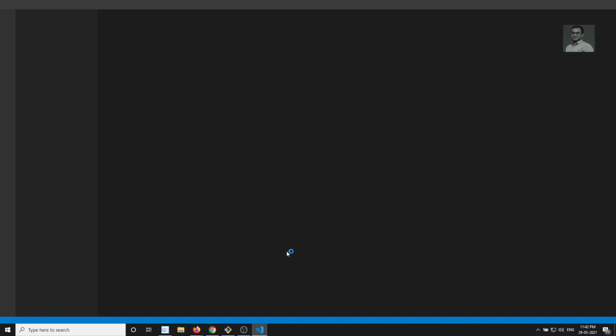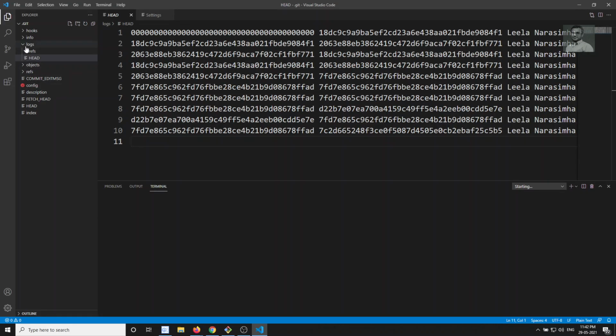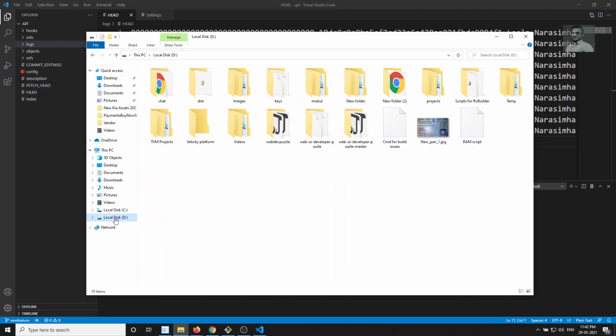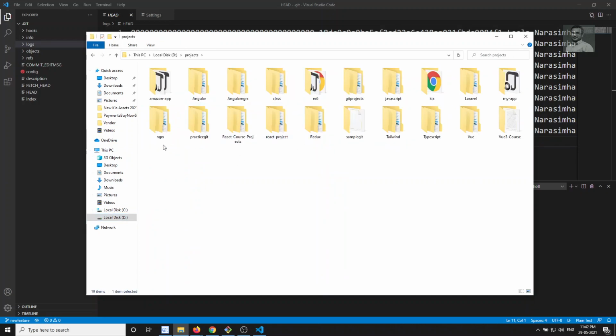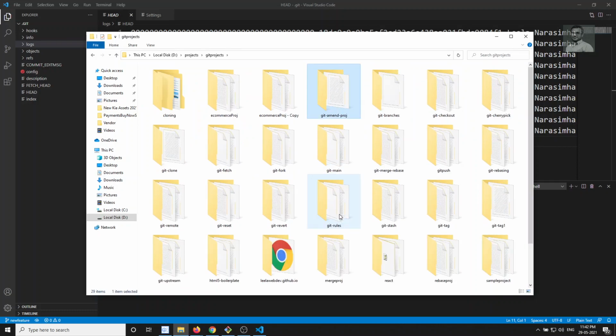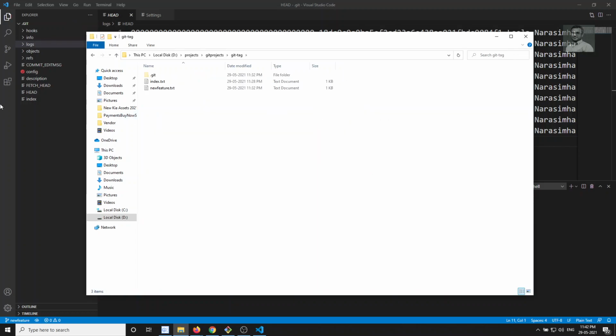Here, if you try to see, all the reflogs will be saved in the logs directory in the .git folder. If you go into the D drive, I will show you. In the D drive, when we move back to our git projects, and here if I go to git-tag, there will be a .git folder, right? We already know about this one. Here it will be saved in the